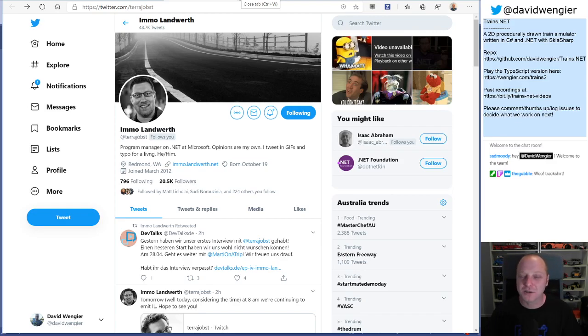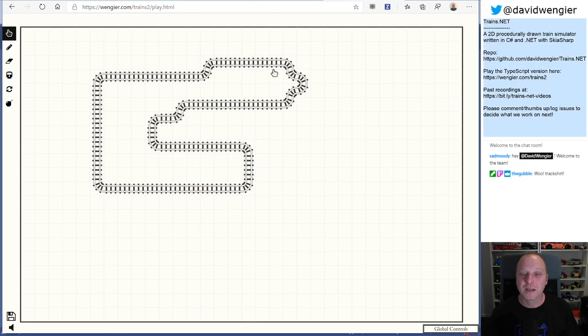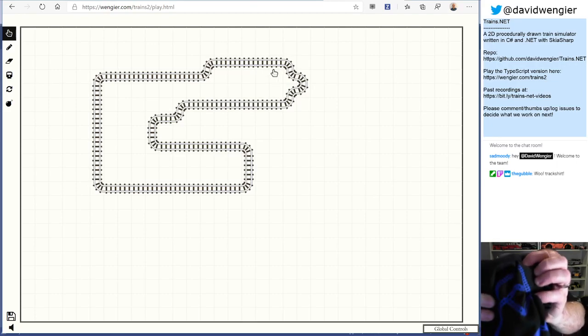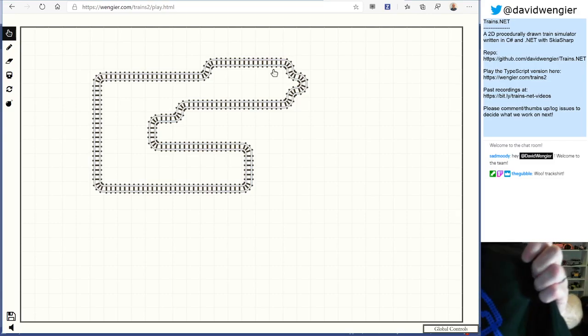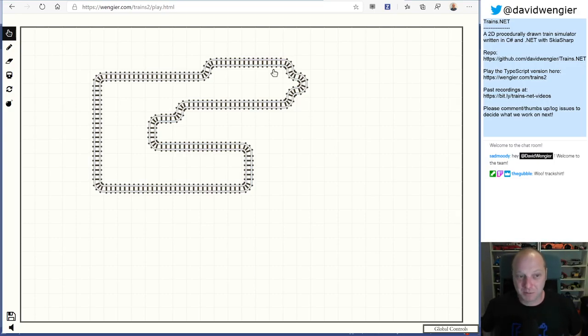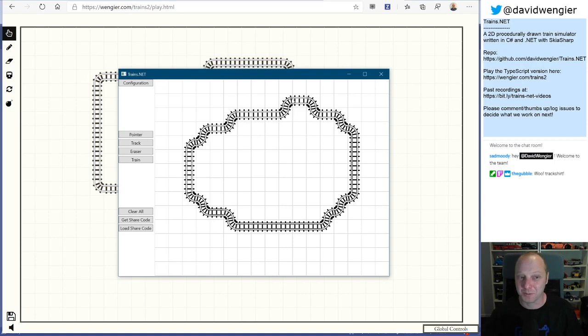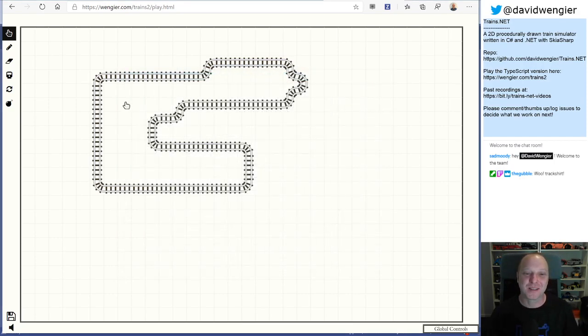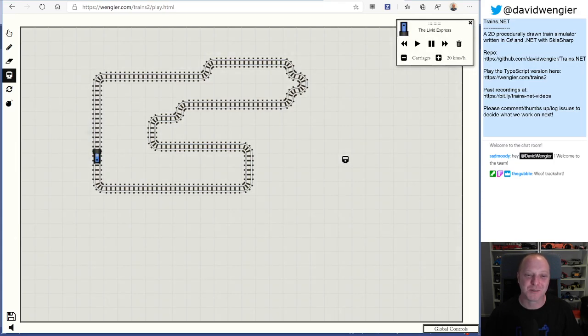And these tracks are actually from the JavaScript version, which takes a keen eye, but if you look, the corner tracks have 3 planks on them, and in the desktop version, the corner tracks have 4 planks on them. So it's actually from this, but I don't blame Imo at all because these look better, especially the trains. The trains look so much better in this game. So that's kind of